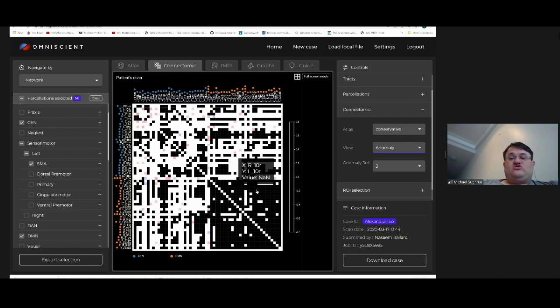So either it will show you a NaN for areas that are high variance in normal individuals, and thus we felt that we shouldn't show it because we didn't want people to fixate on what might be statistical noise, given that we have a massive multiple comparisons problem every time we do connectomic data like this. White would be within normal limits in an area that is not high variance. Red are areas that are above the, in this case, the 3 sigma threshold that I've set, and blue is